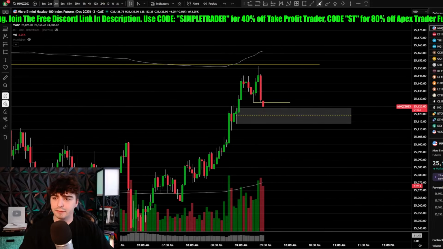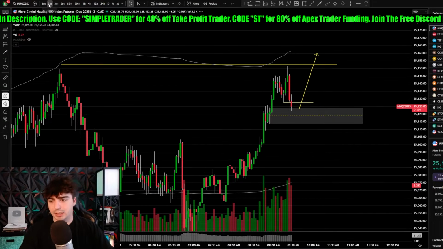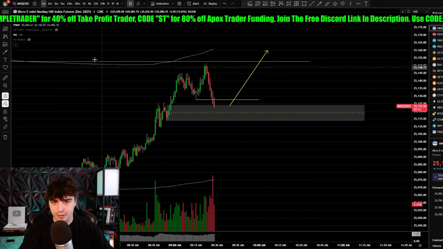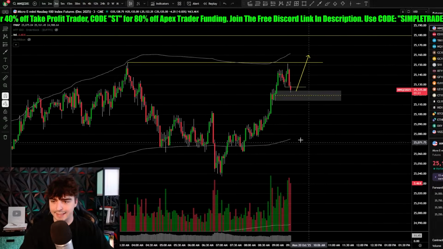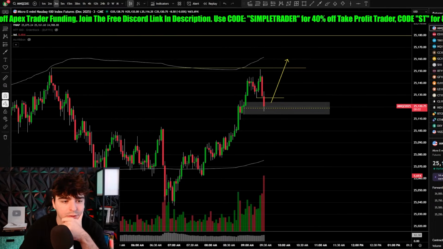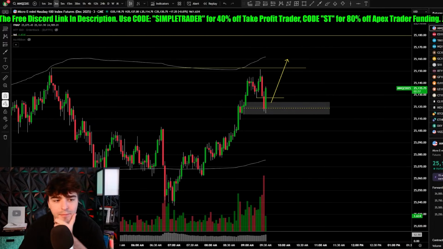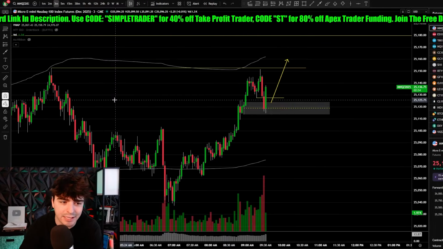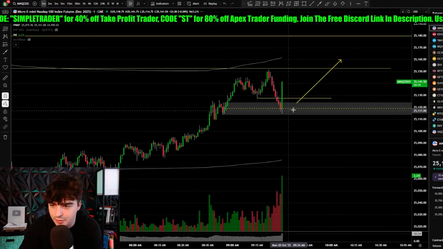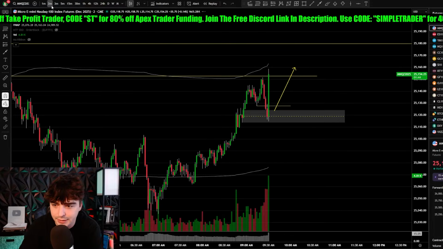All right, so longs off of this area is possible. Not likely, given that it's not even 9:30 yet. But this is an area that I'm going to be just watching for fun, for practice, just bouncing around in that zone. Market open, boom. Right out of that zone. Dang. Maybe I need to grow a bigger pair of kahunas and start trading the market open, because I could see that coming from a mile away. Damn it.